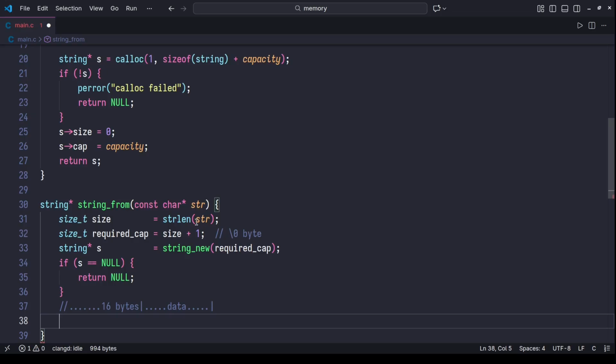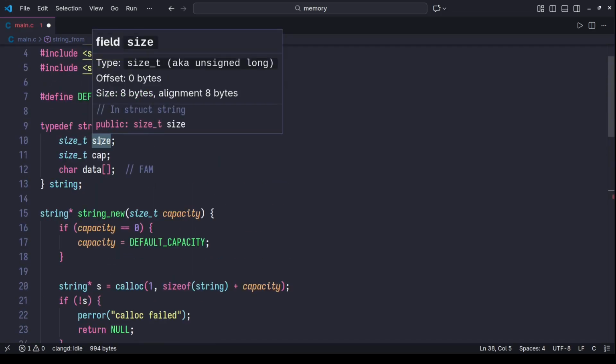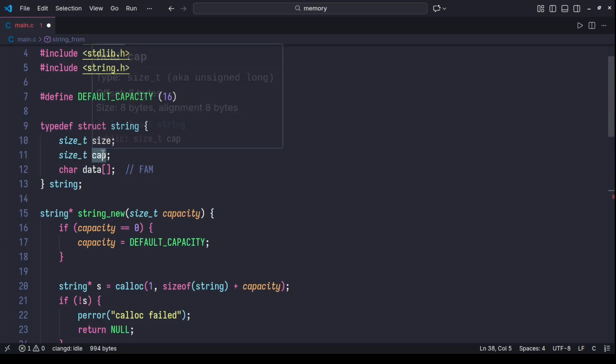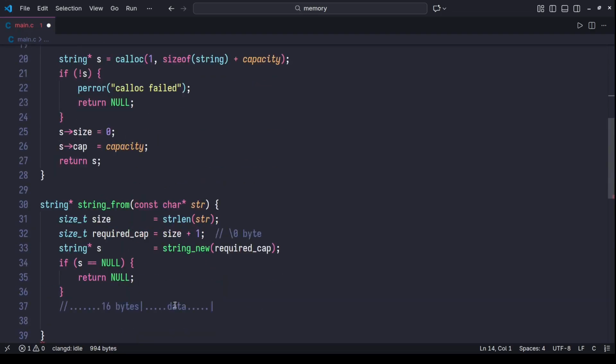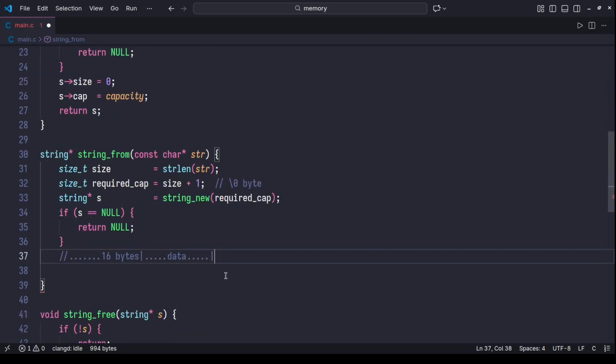So the first 16 bytes contain the count, the first 8 bytes, and then the next 8 bytes. So this is size and capacity. After that, we have data. So it means we need to